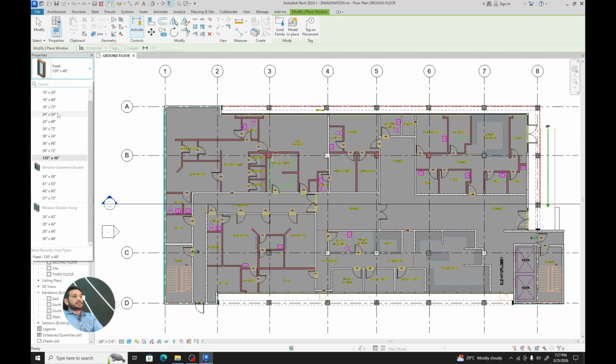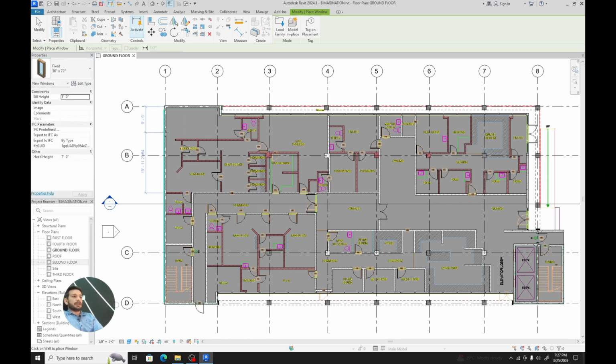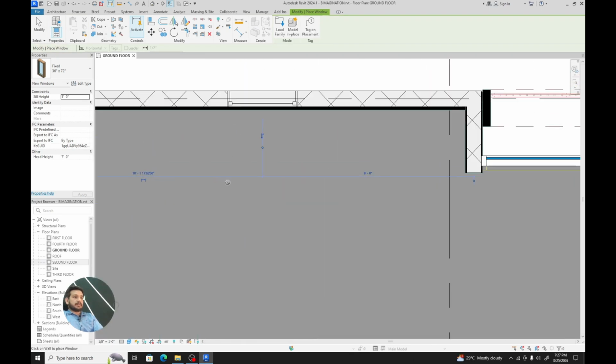and you can also see that in this property palette there are three types of families of windows, which is fixed, window casement double, and window double hung. Within these three families there are multiple types of windows. So let's just say I am going to click one of these windows, which is 36 by 72, and apply window. Let's just say here,